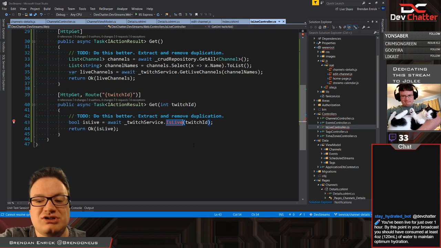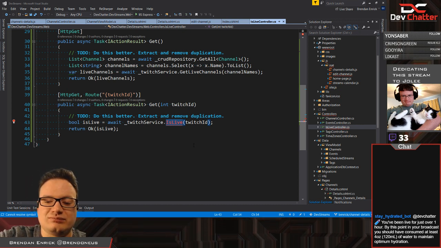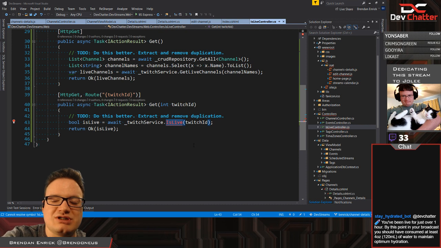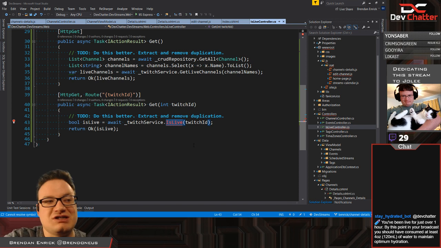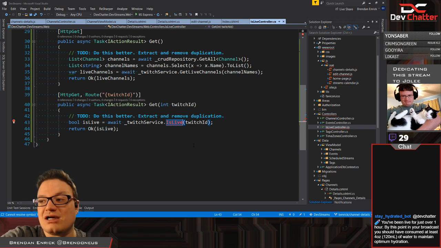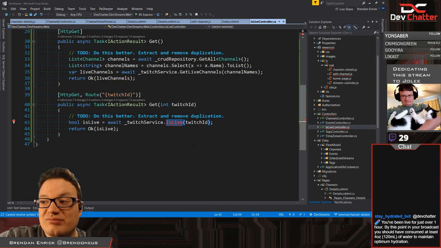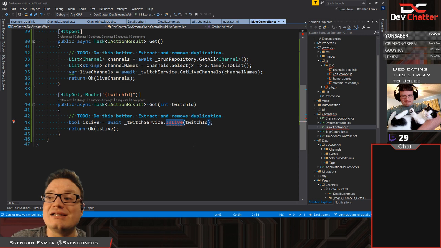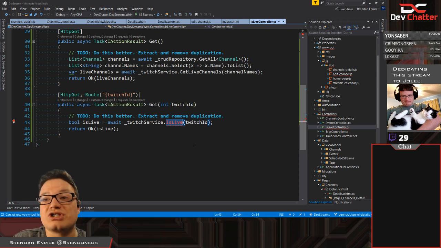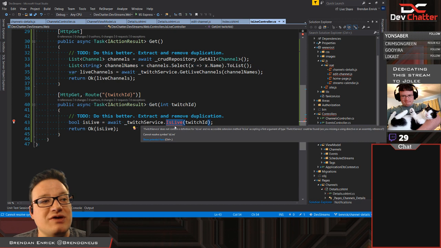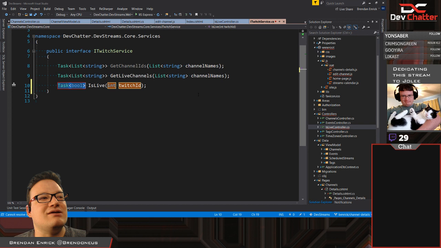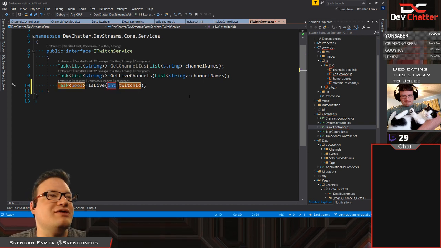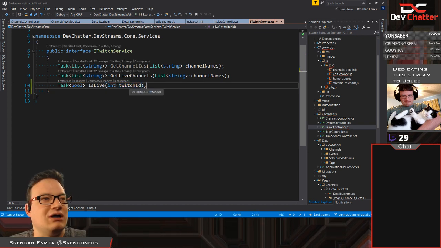I actually used to teach, when I would do sessions at events, one of my favorite ones was demystifying your IOC container, where I would write an IOC container in like 10 minutes and say, here, look, it's an IOC container. Then in a workshop style environment, we would have everybody write their own IOC container. If it's just a presentation, then we look at what we can do with them and how they handle the more advanced scenarios.